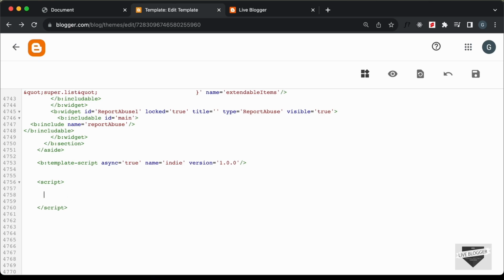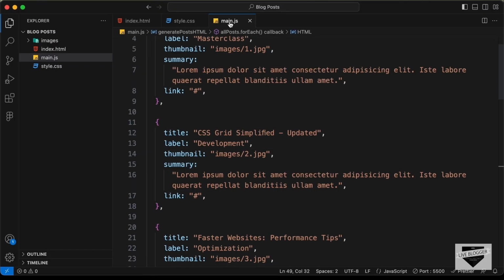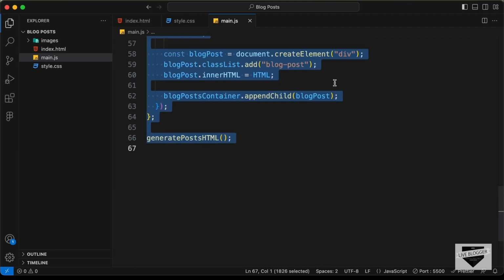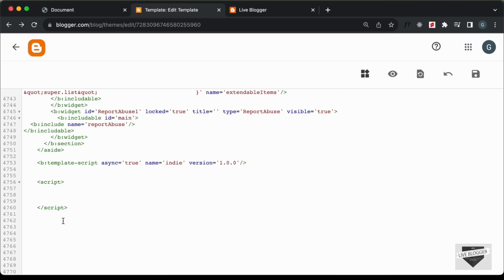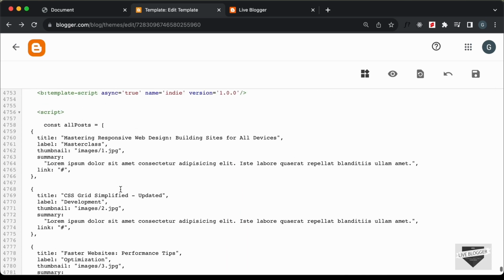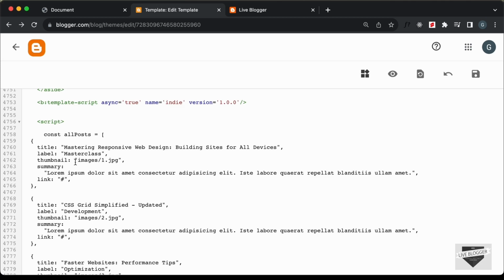And let's go back to our source code and go to the main.js file. Let's copy this JavaScript from here and paste it over here inside this script tag. Right now if we scroll up here, we can see that we have these images, and the source of the images are set to